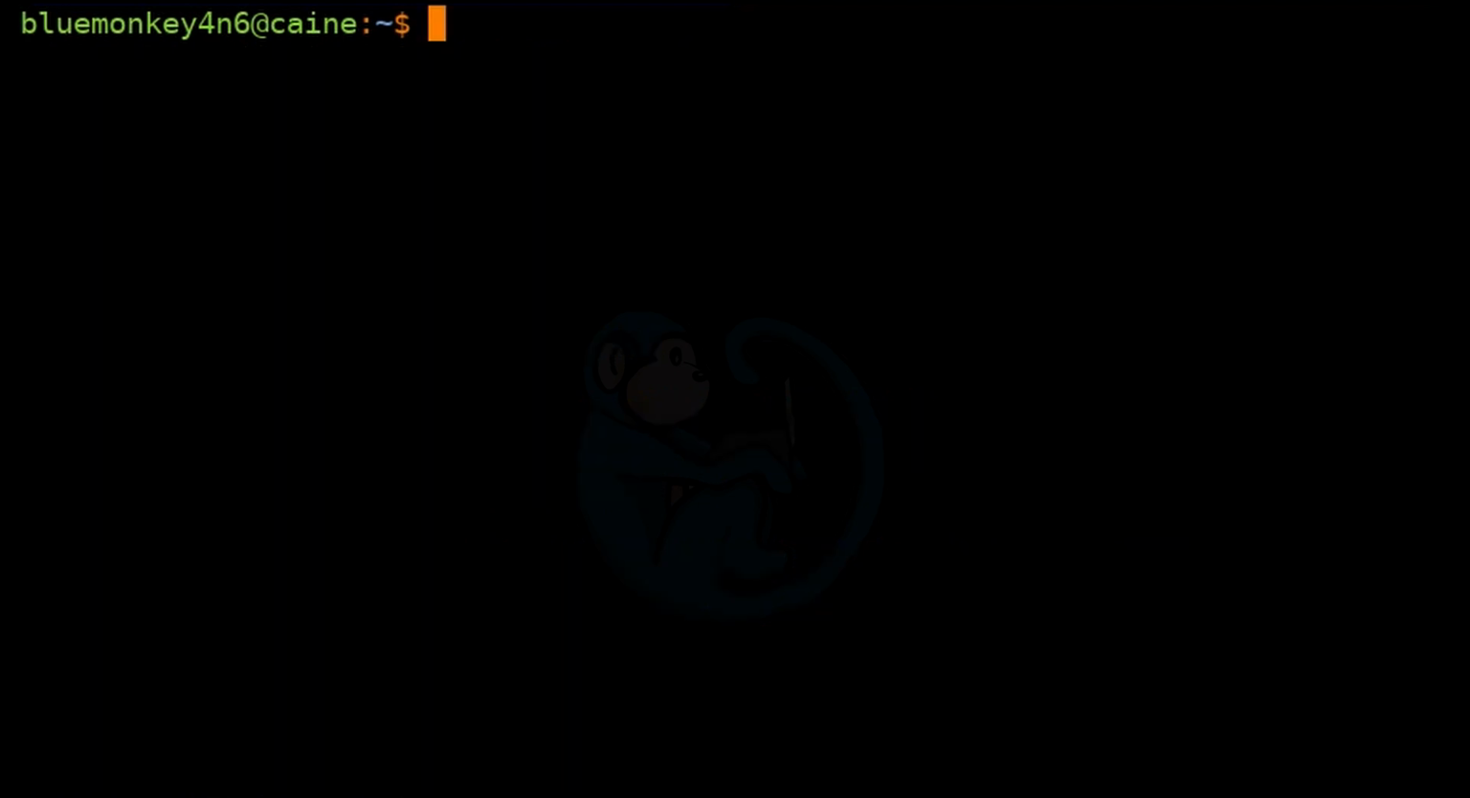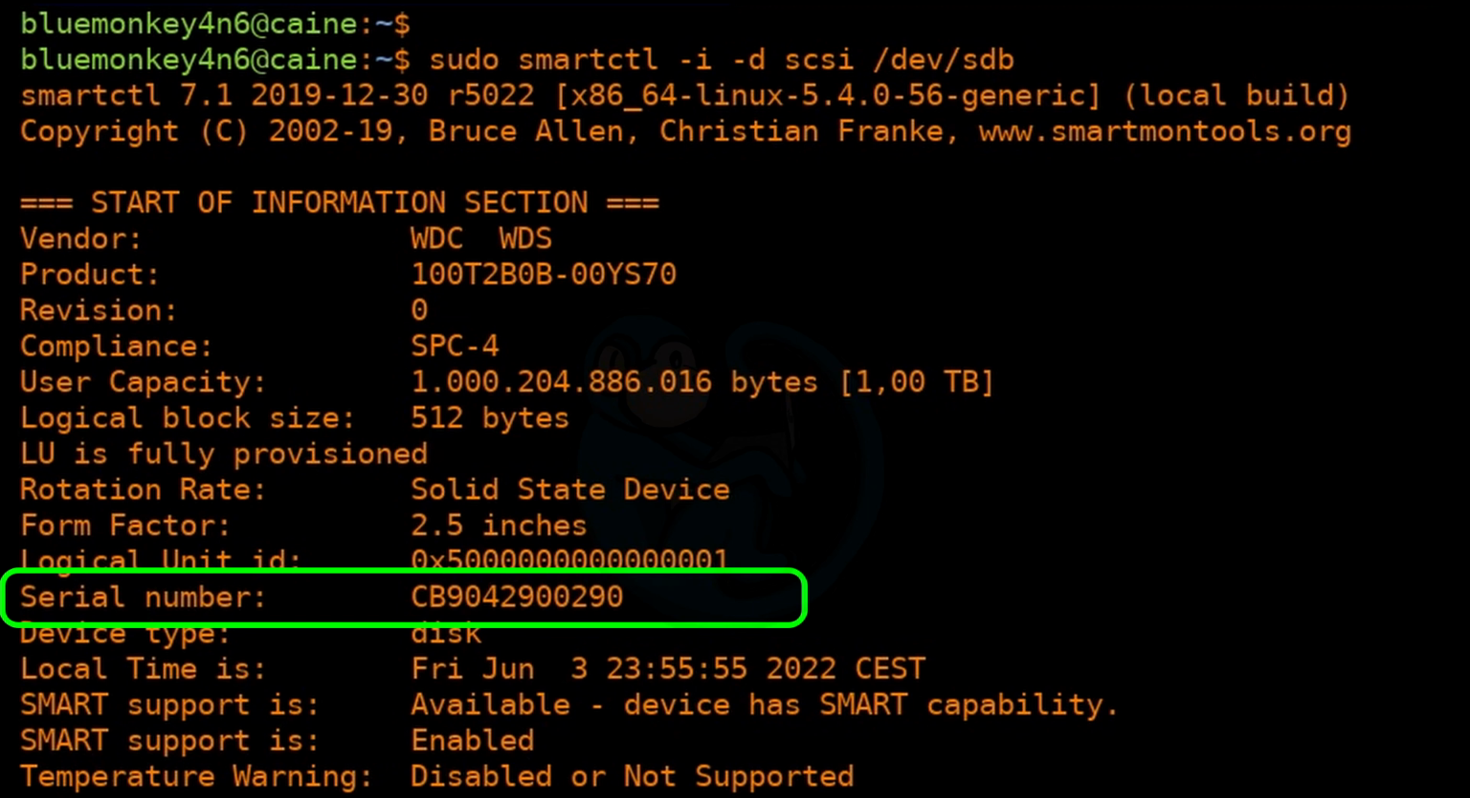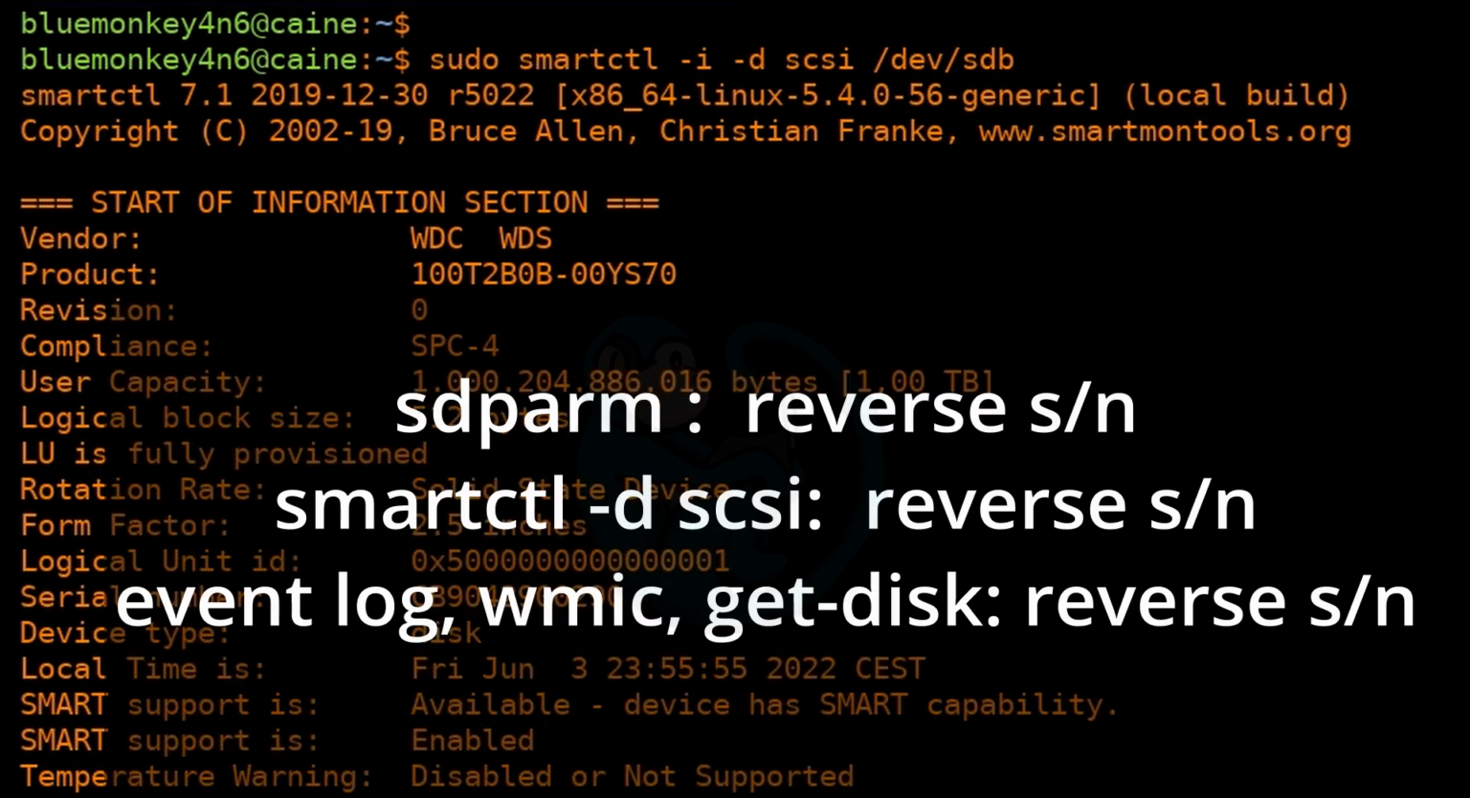And just for experimentation, I'm going to go ahead and use smartctl again, but this time I'm going to add the -d scsi option so that it looks at it from a SCSI protocol. And we are greeted with the serial number of CB90429000290, which again is consistent with the reporting from sdparm, and then the same as the numbers reported by the